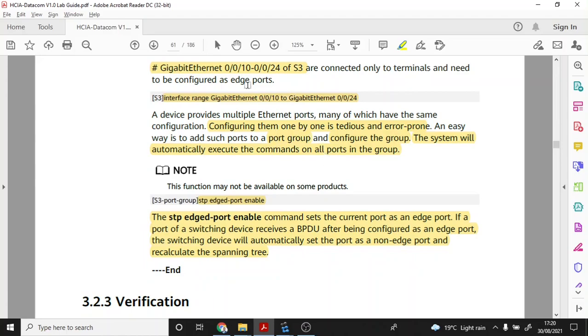I'm glad that this was introduced, because this is one of the questions that one of my students asked me when I was training HCIA R&S: how do you configure multiple ports at the same time? This is very interesting. You use the command interface range. So let's do that